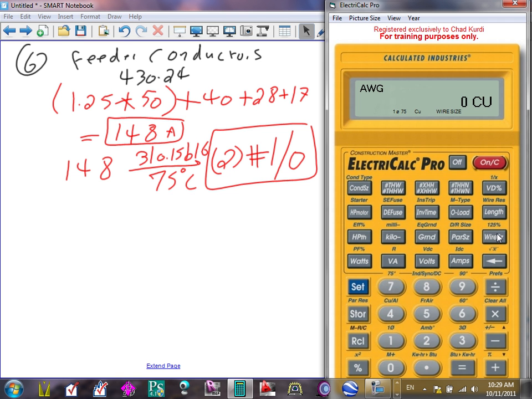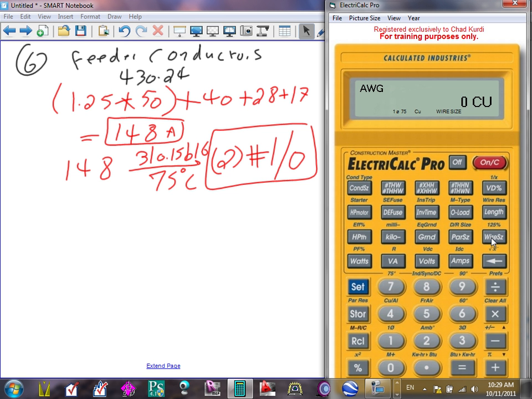I wish you could do it, but it doesn't identify as a feeder. But the minute you capture the amps, after you calculate the amps, you just put the amps there and hit the calculator. So take the 148 one more time, hit amps, and remember you're not sizing for continuous, it's already taken care of. Hit the wire. Don't hit set wire, that will multiply again by 1.25. So 1 aught. So Oladipo, my friend, you're not going to be able to size a feeder directly. You have to do some monkeying around. Okay, last thing,